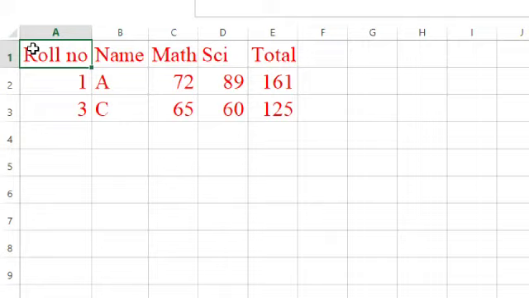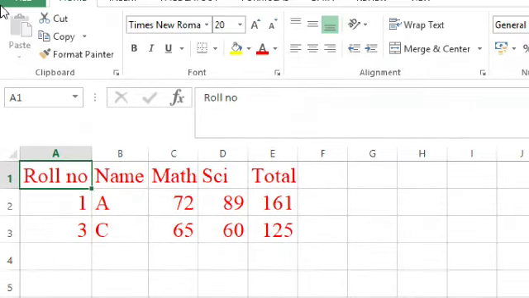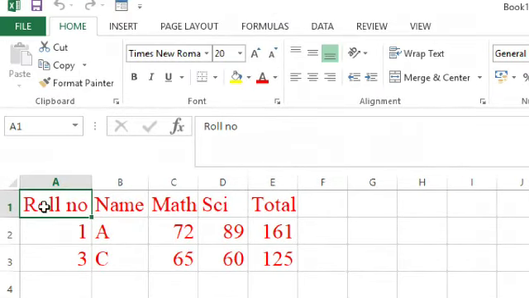But for that you must write down the field names. Do it yourself practically on your laptop, your tablet, your phone. Any way you can open Excel and do this practical, but do it one time.